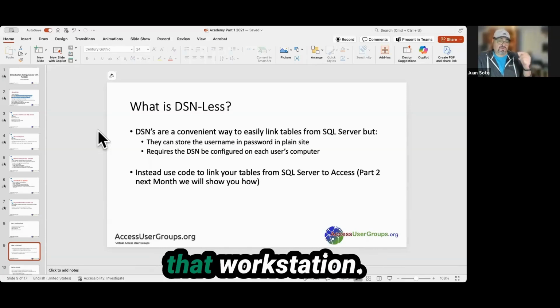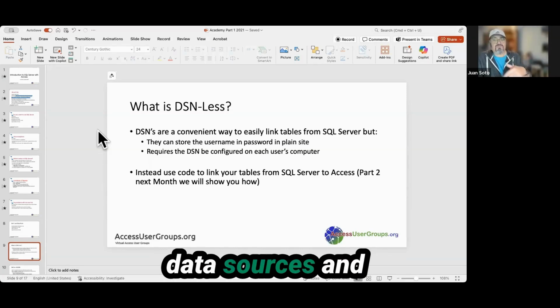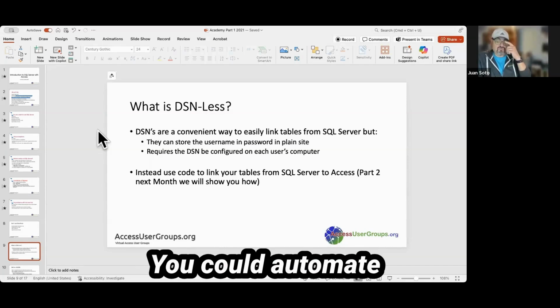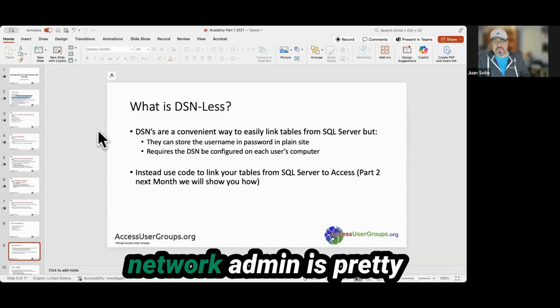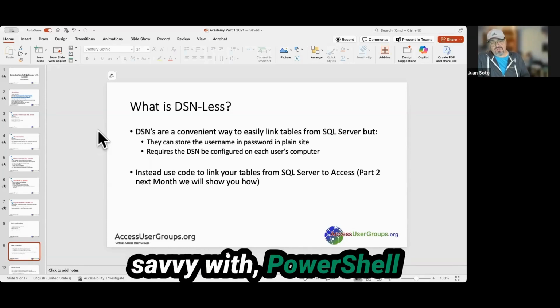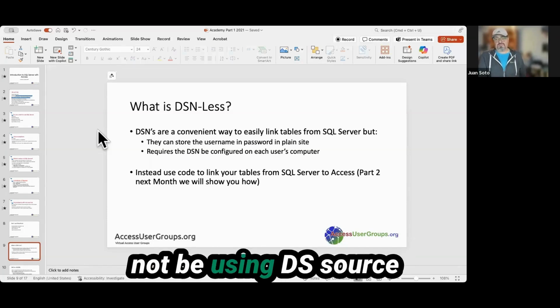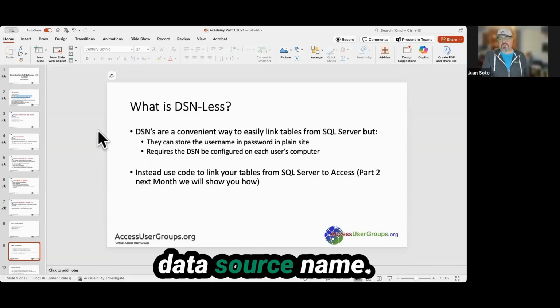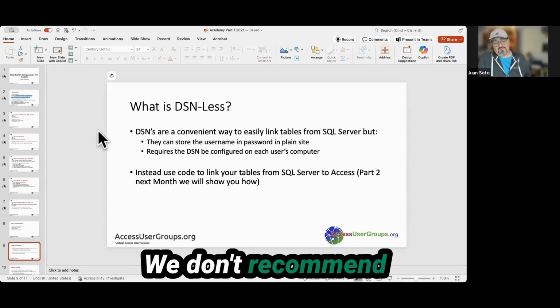You have to go into that workstation, the Control Panel, Data Sources, and configure the DSN. You could automate that if you have a network admin who is savvy with PowerShell and login scripts, but for the most part, we will not be using data source names.